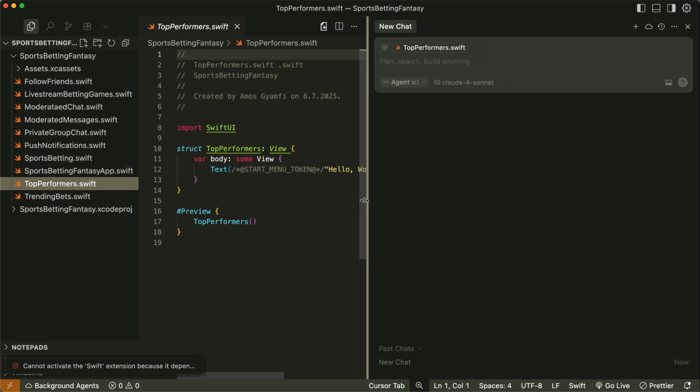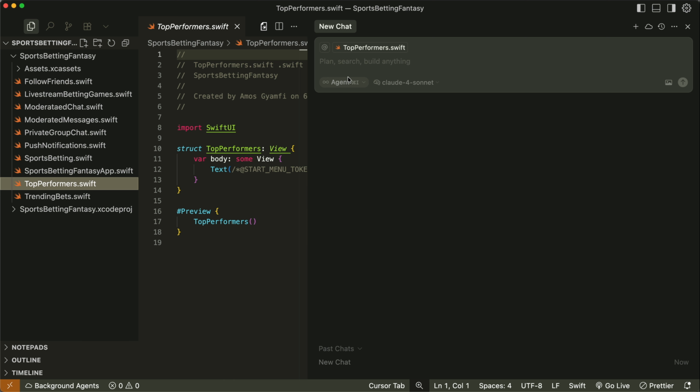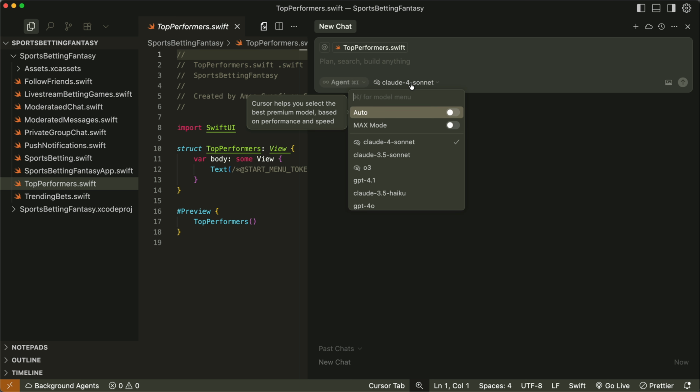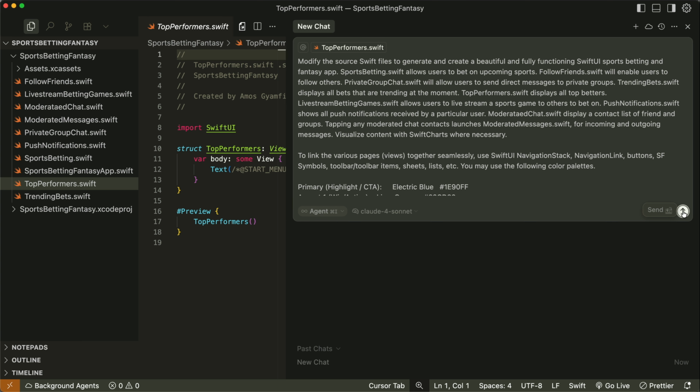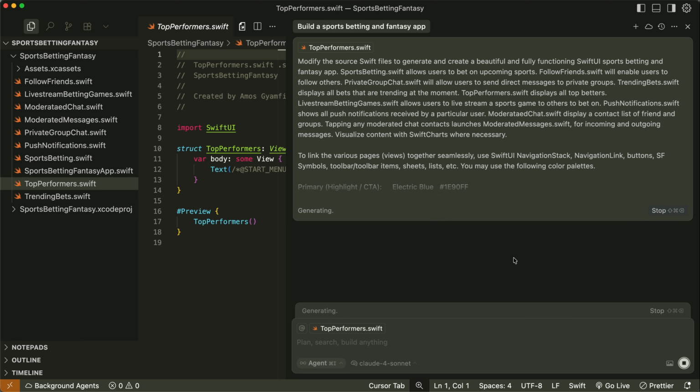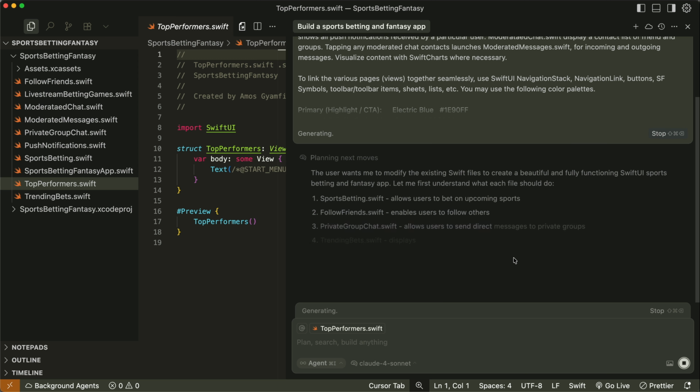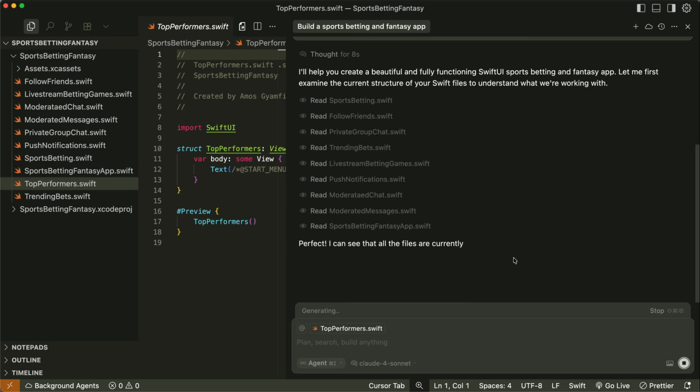By expanding the chat window, let's leave the option as agent and also leave the model as Claude Sonnet 4. Then I'll go to the chat window and paste the prompt. Let's expand it more and submit it. It's going to take a while because it is going to plan all the moves and generate a to-do list